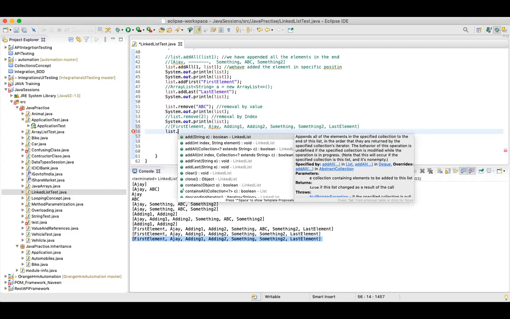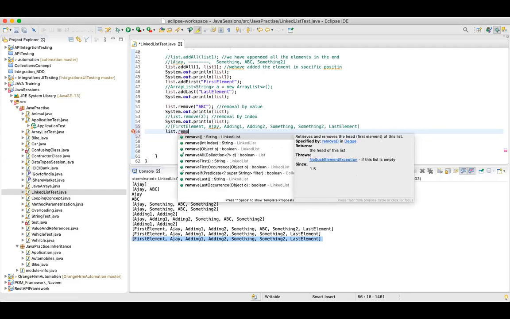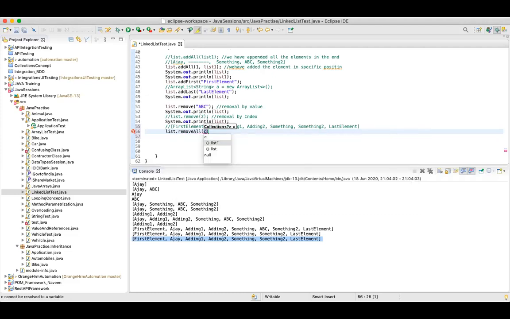In a similar fashion, we have the removeAll method with list 1. Let me print and I'll explain.